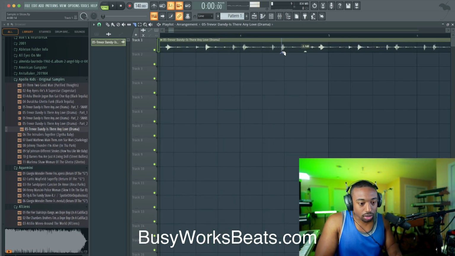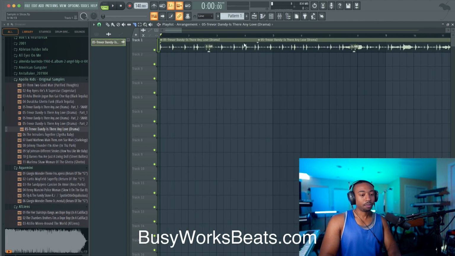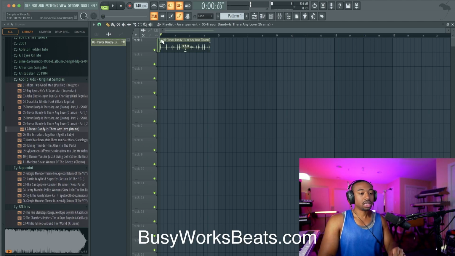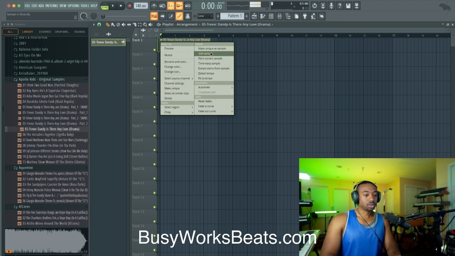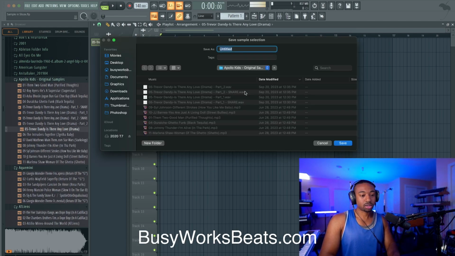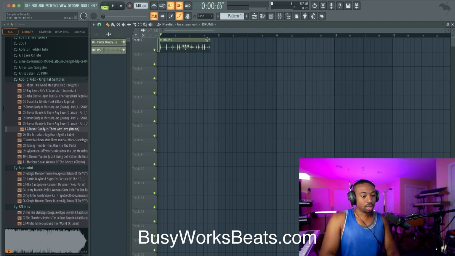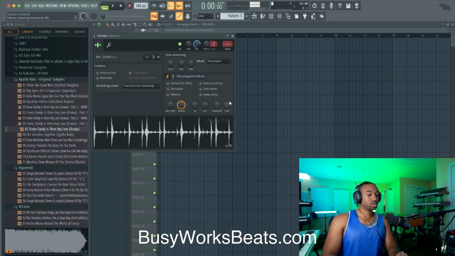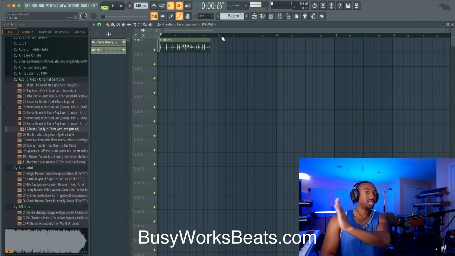Okay, so hit Shift-Alt and slice right at the end of that 2-bar section in this case. It could be 1 bar, 2 bars, 4 bars. Now let's click in the top left. Let's go to Make Unique as Sample. This is really important because in order for time stretch to work, we have to have it as its own sample. So now when I double click in here, it only shows the part that we have highlighted. It won't show the rest of the song.